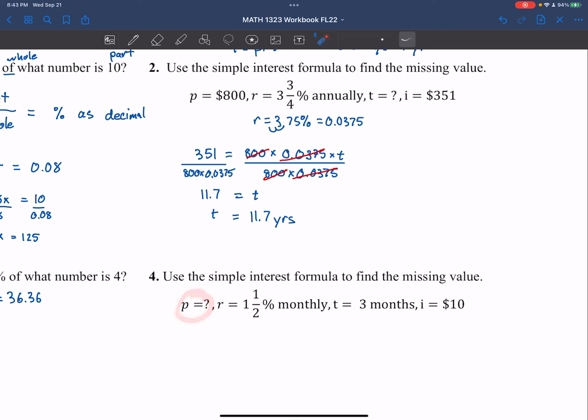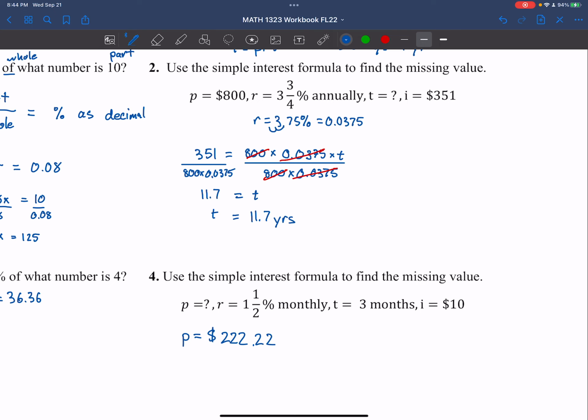So you'd find that this problem down below is very similar. We're just asked to find the principal instead. And again, notice here that the units for time and months are the same, so you don't need to do any conversion. If you worked through this right here, you'd find that the principal to the nearest dollar is